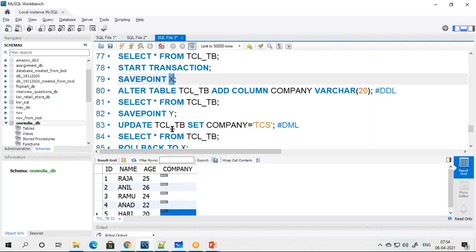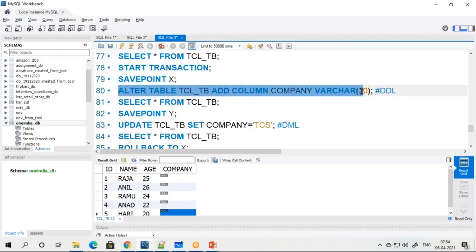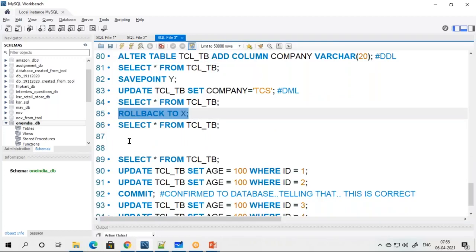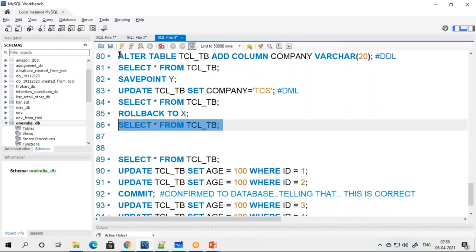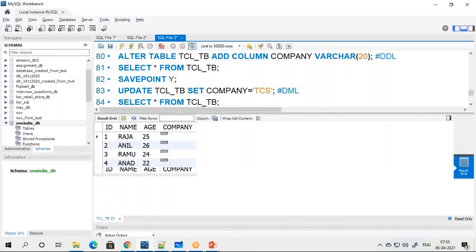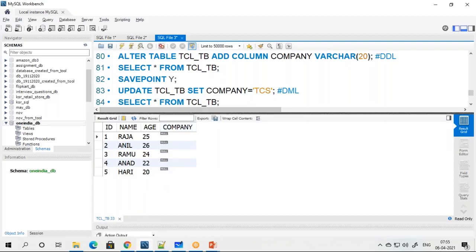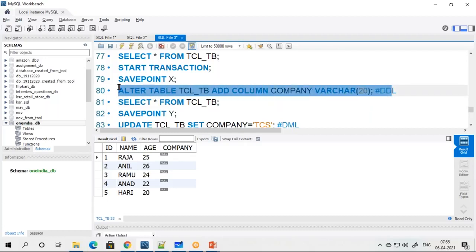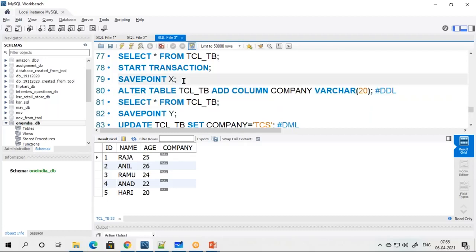Whatever you've seen, we're changing with respect to different save points. This save point means this statement should not be executed. I have to get my original record. I will go and roll back to X. Now if I go and select this code, I can still see the company. Practically, as per our understanding, this should not be there. Why should it not be there? Because after I gave the save point, I altered it, so this alter statement should not work. But one thing you have to observe is